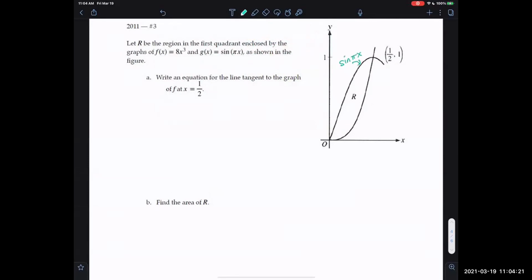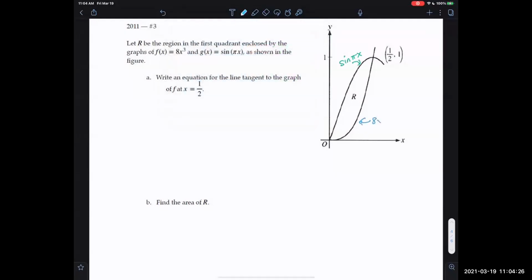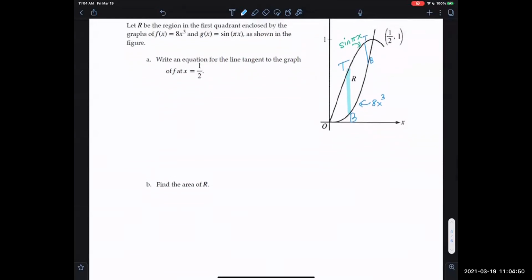Right, that should be sine pi x. And then this one is our 8x cubed. Okay, and then if we think about what I was talking about, top, bottom, right throughout, no matter where I draw, consistent, one integral only. And the nice thing is, right here, we can confirm 0, 0 is that most left